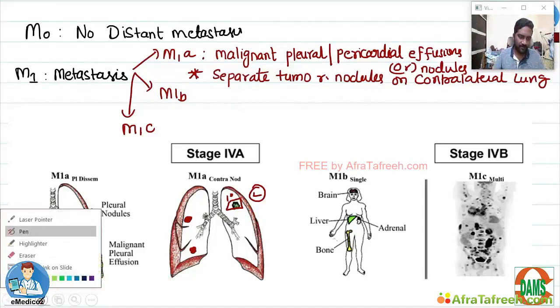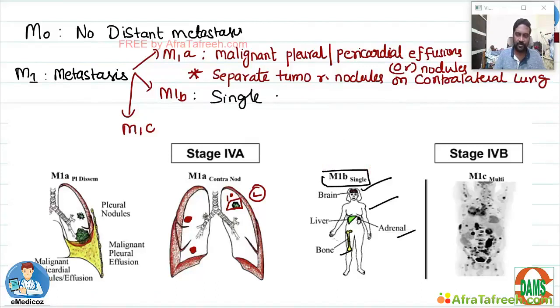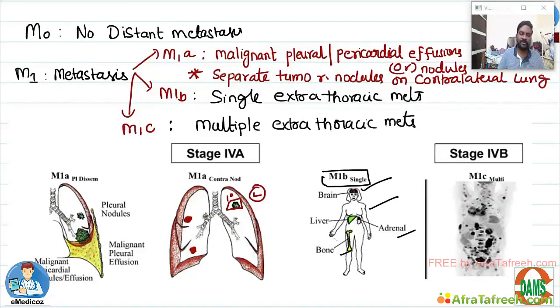Whereas M1B indicates single. So in one organ, either brain, liver, adrenal or bone, single extrathoracic metastasis. M1C indicates multiple. You can see multiple mets at multiple sites. So simultaneously the patient might be having metastasis in brain, bone, liver, adrenal, all this. So why is this important? Because presence of